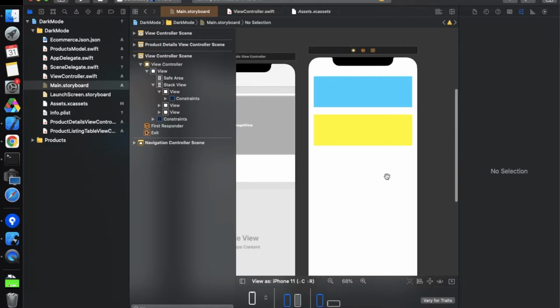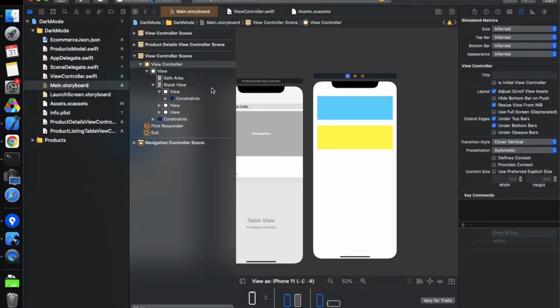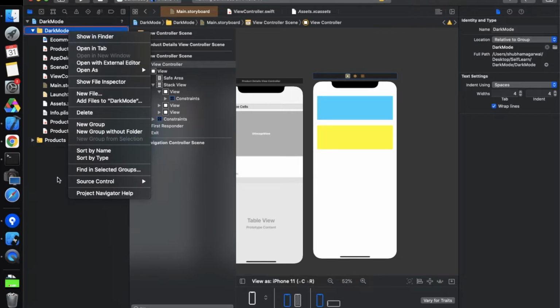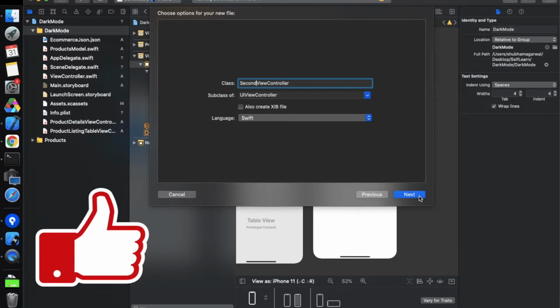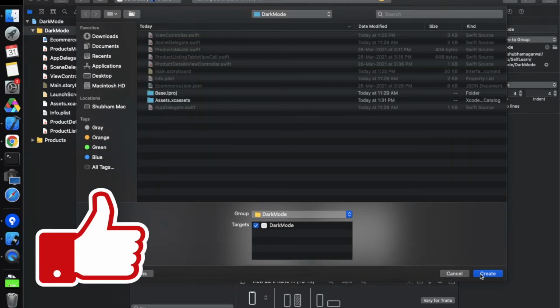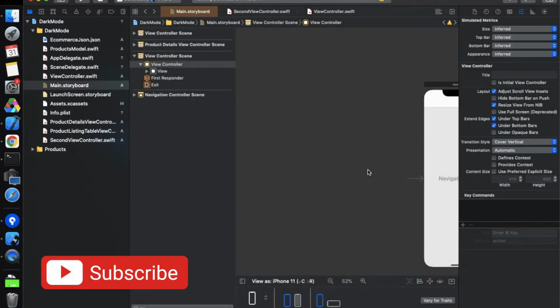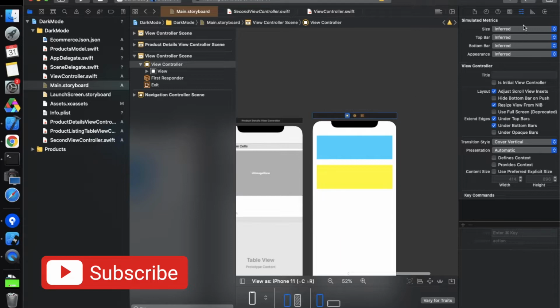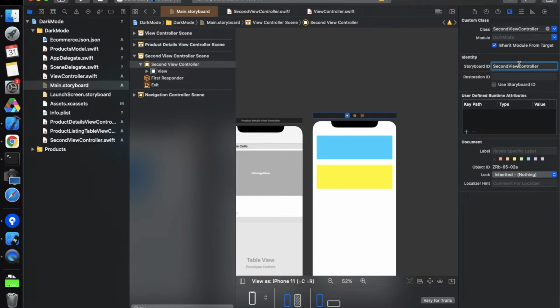Now we can see this thing by running this code, and in the third view we will do this thing manually via coding, so that if we want to provide support of dark mode in iOS 12 or 11, we can do this thing also. So now let's move to this view controller. Let's create one view controller first. Cocoa Touch class, SecondViewController, and create this controller over here. Now let's assign this class to this controller, SecondViewController, and over here SecondViewController.